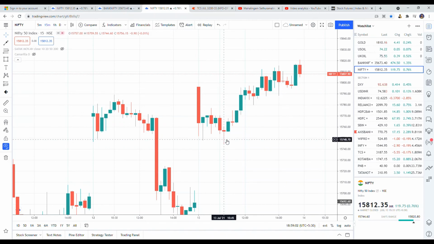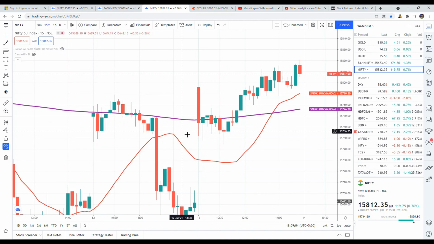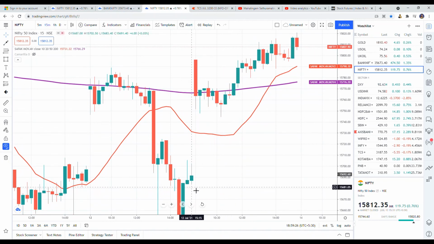and you can go short at the initial 30 minutes day low. Along with that, the moving average, your first preference is the 20 moving average. Whenever the index comes to the 20 moving average, you can go long. Whenever the market is close to the 200-day moving average, you can go long. For the short, it is the same. When in a downtrend, whenever the market goes back to the 20 moving average, you can go short, and whenever the market goes back to the 200 moving average, you can go short.